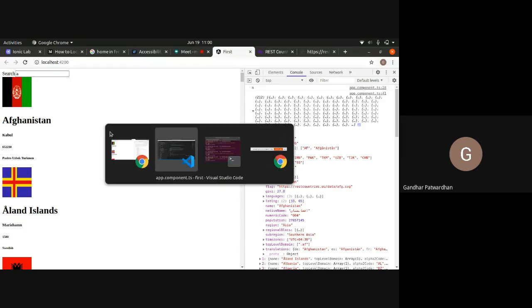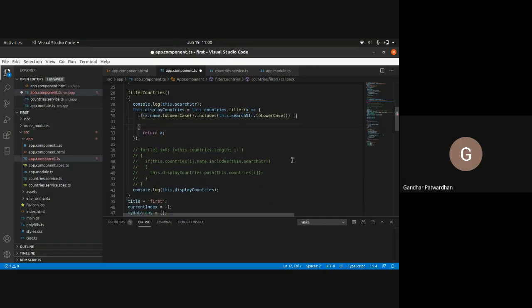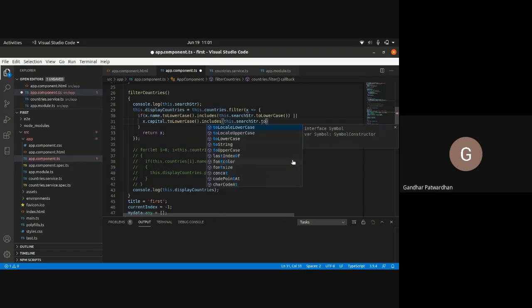So what I'll do, I just need to change the condition. How will I do that? If x dot name dot toLowerCase dot includes this dot searchStr dot toLowerCase, or x dot capital dot toLowerCase dot includes this dot searchStr dot toLowerCase.